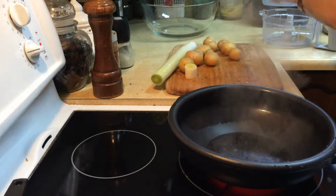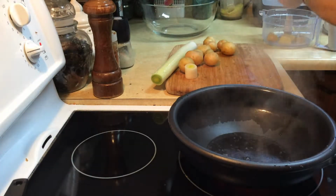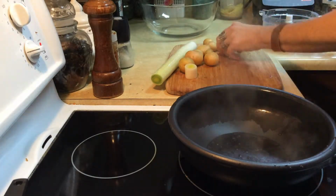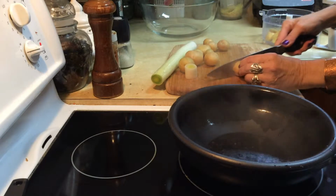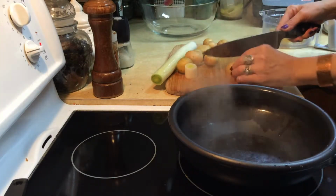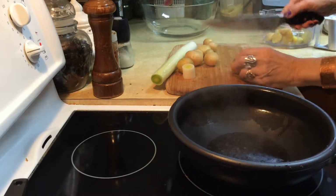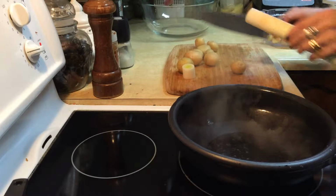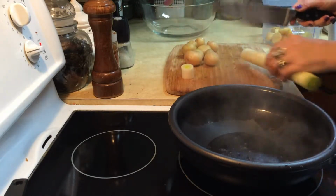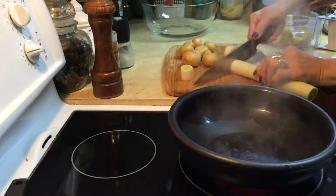What I want to do is get them a little bit mushy so I can actually make little patties out of them with the leeks. And the leeks, I'm gonna grind up with them and then turn that into little patties. So actually, while I do that, because the potatoes will take a little while to cook, and the leeks will as well,